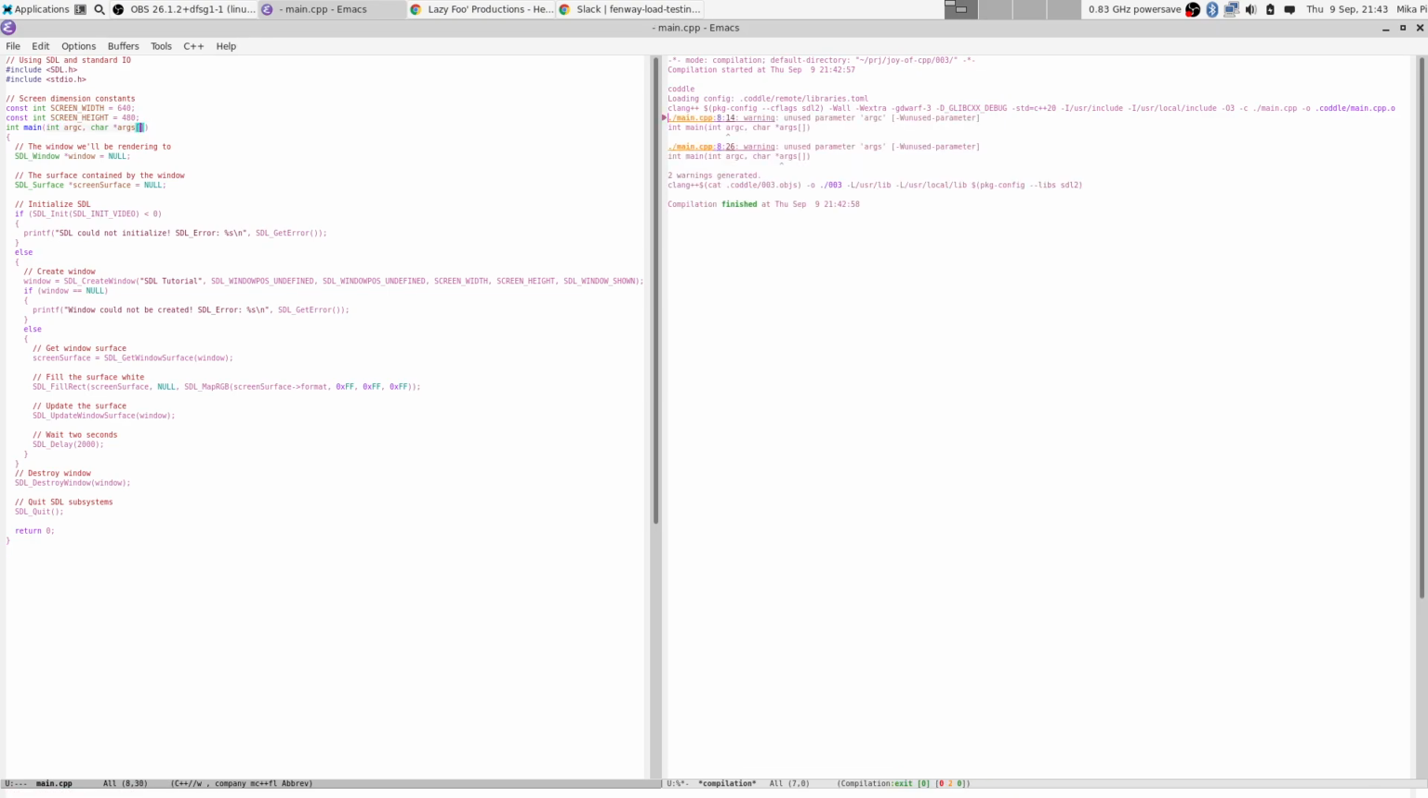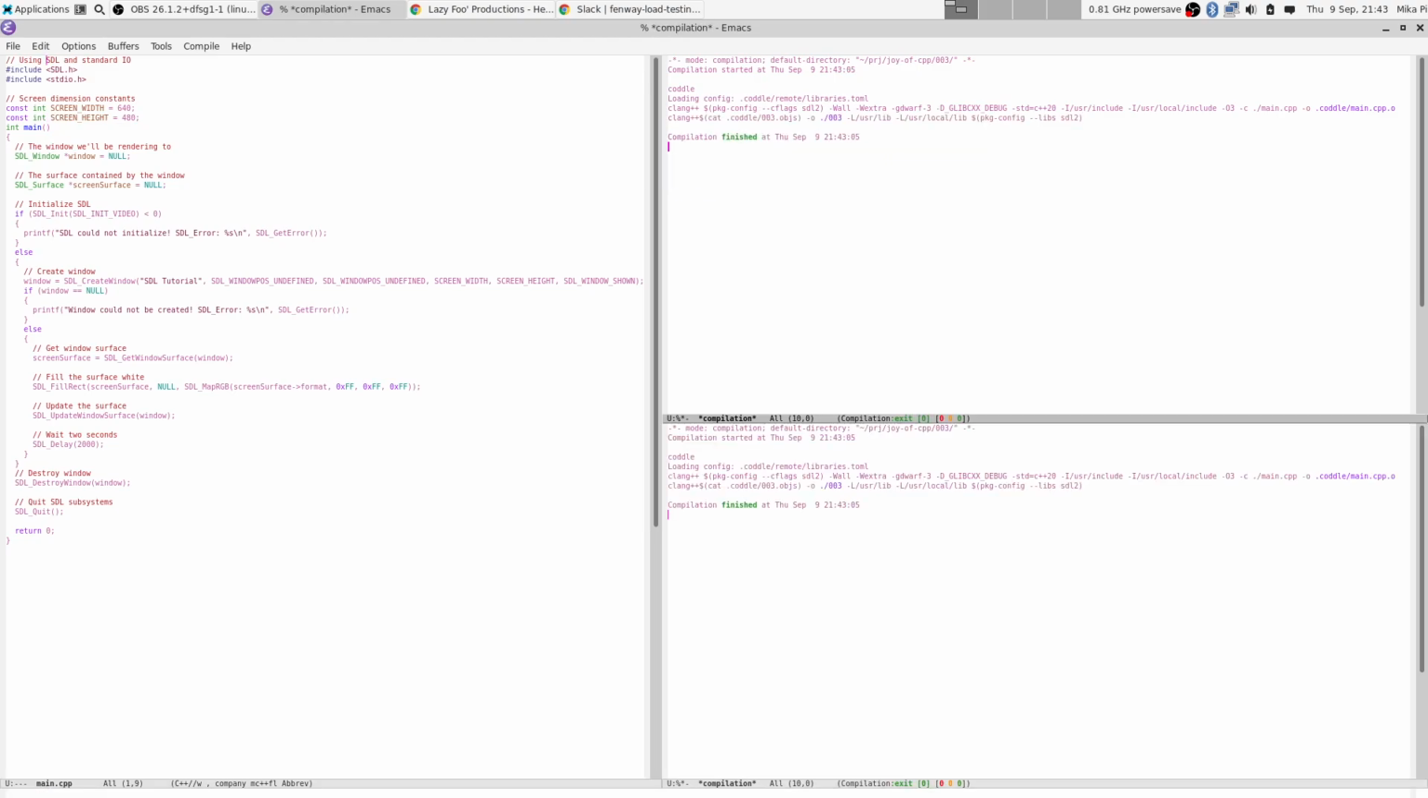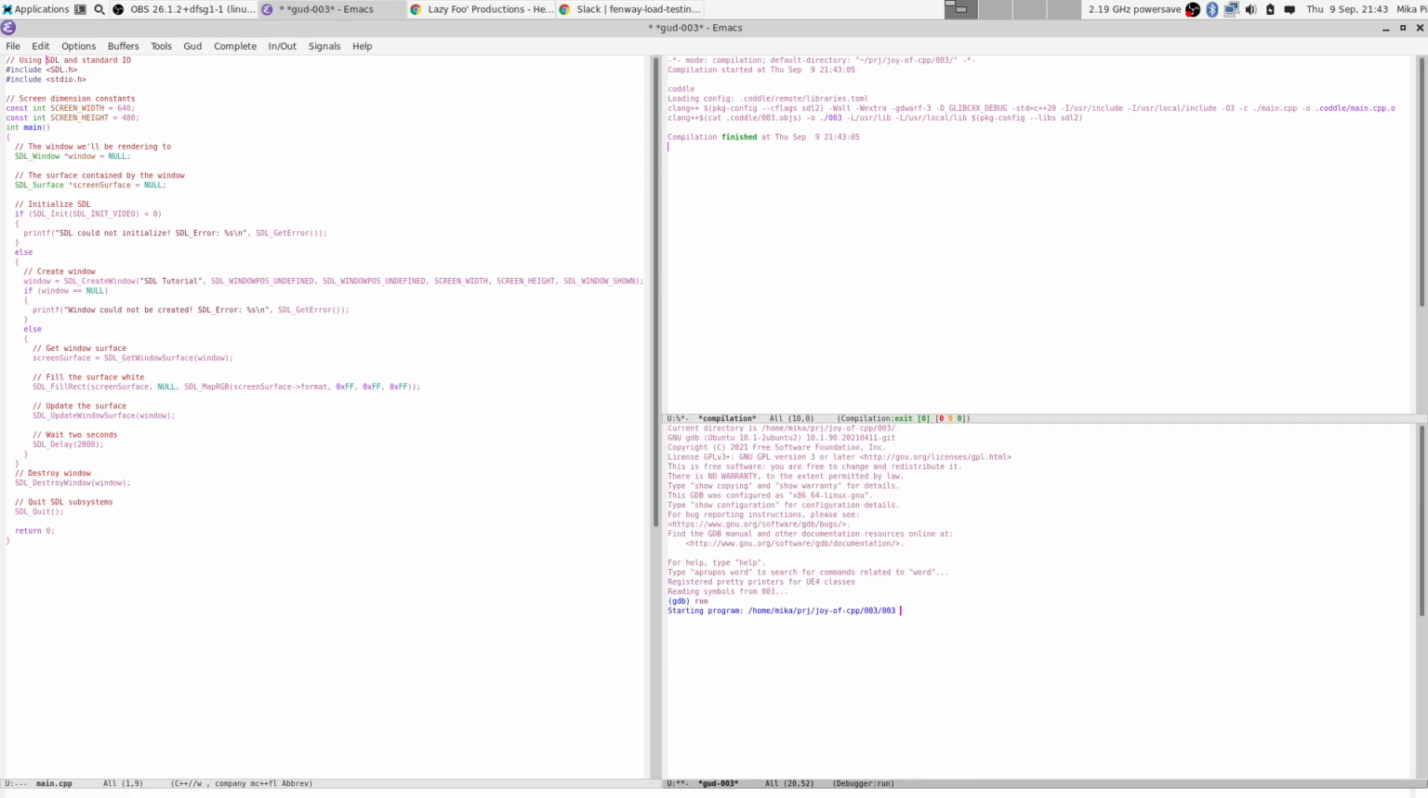So yeah, and we do not need these parameters. Let's see if it's gonna work. So I'm going to fire up the debugger, run. Yeah, and it's going to disappear in 2 seconds. So it's exactly the same tutorial, more or less, with some variations. We can make it a little bit more